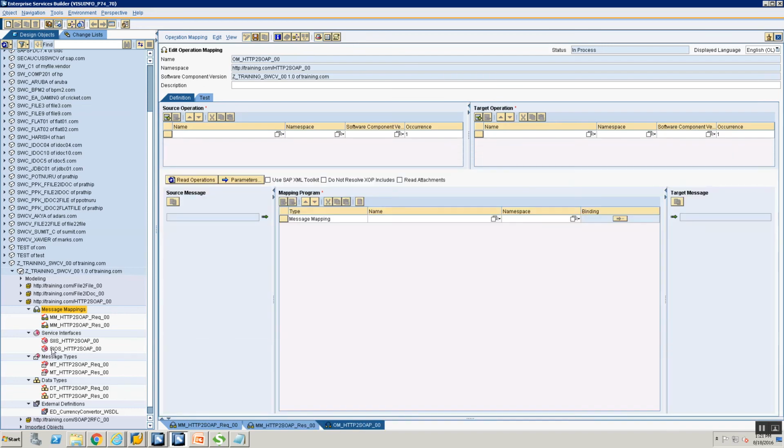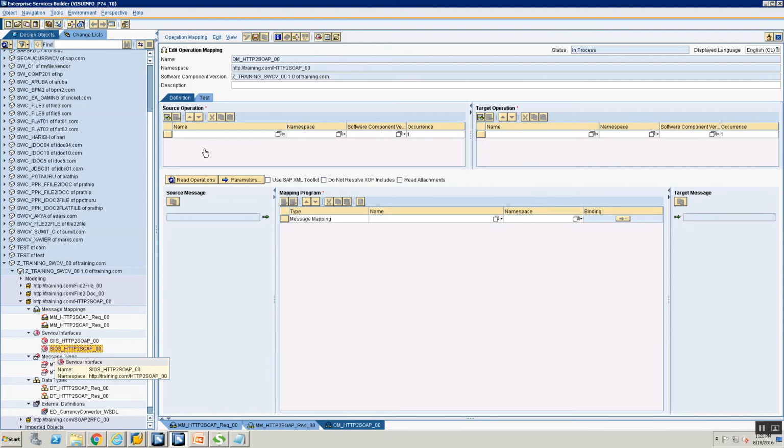Select the outbound synchronous service interface here and drag it into the source operation. Select your inbound service interface now. And once you select it, drag it into the target operation out here. Okay. Now, when I say read operations, you will see the structure change.